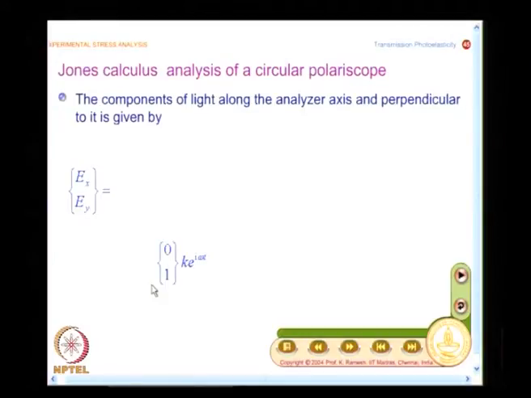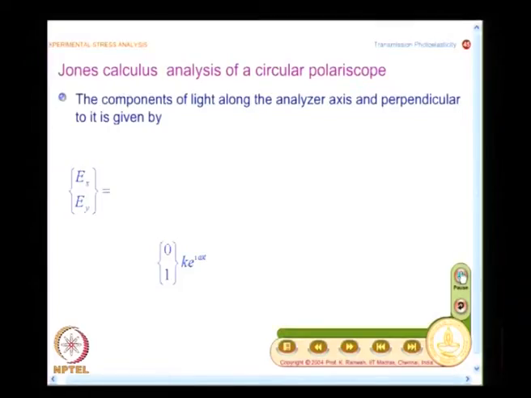I have said once you look at the quarter wave plate, label the slow axis angle and the retardation. The retardation is pi by 2 and the labeling is 135 degrees. We have already plugged in this value on a general expression of retarder, and we got the matrix representation of the quarter wave plate with its slow axis at 135 degrees. You already have that result, so you can directly plug in that result. So, I had this as 1 i, i 1, into 1 by root 2.